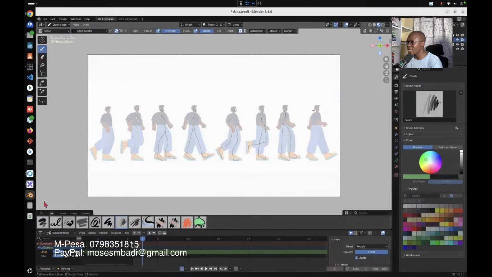So we do that. We do that. We draw this leg. We draw. Oh my goodness! I forgot to put the keyframes. Control Z. I'm just doing Control Z to undo. I forgot to put these things down here. So you have to go to the next keyframe and draw it again. So we draw the face. We draw that. We draw that. We draw that. And then you go to the next.